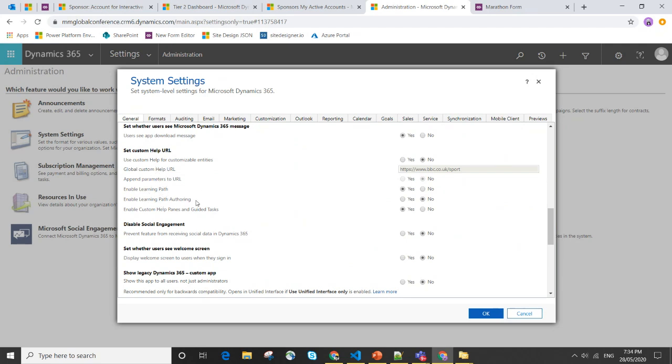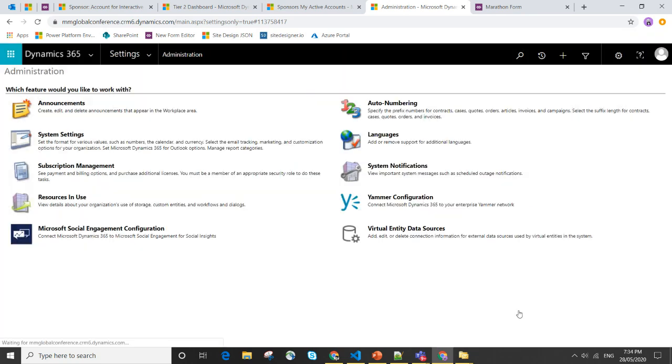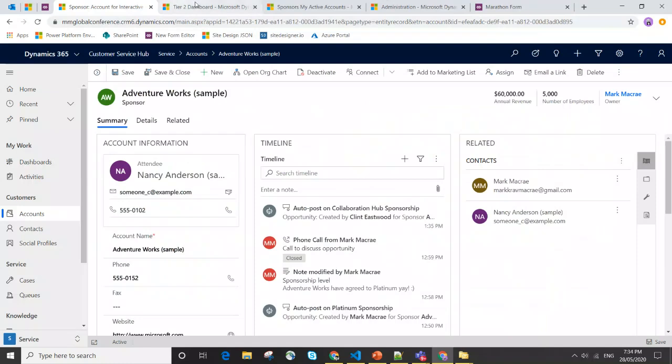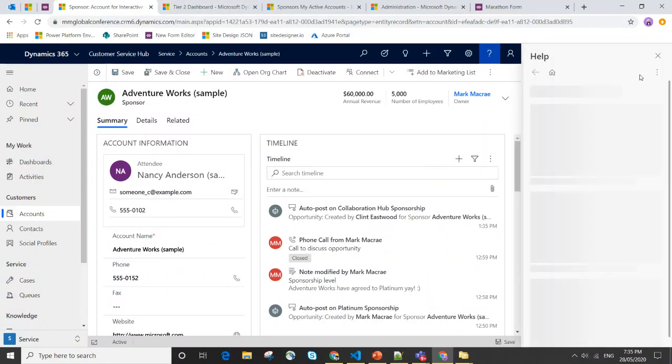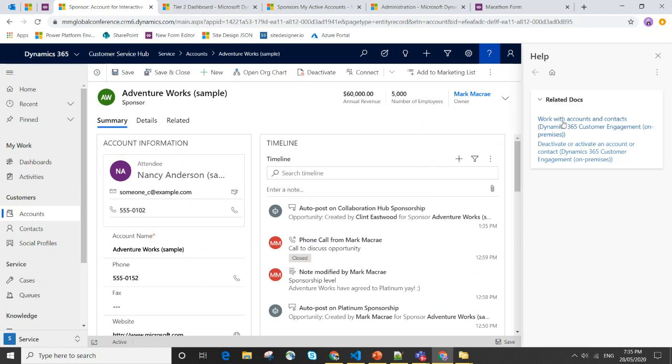And basically all you want to do is switch this on. So this enable custom help panes and guided tasks, switch that to yes. What that does is enables the help icon here to switch out a pane,